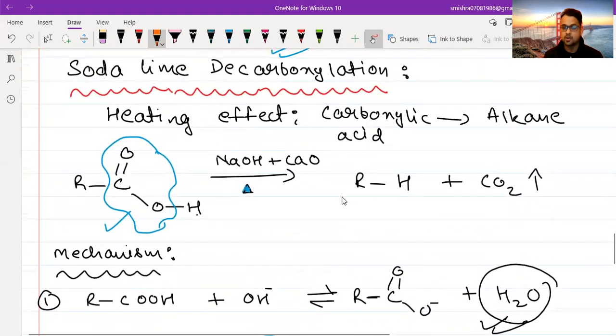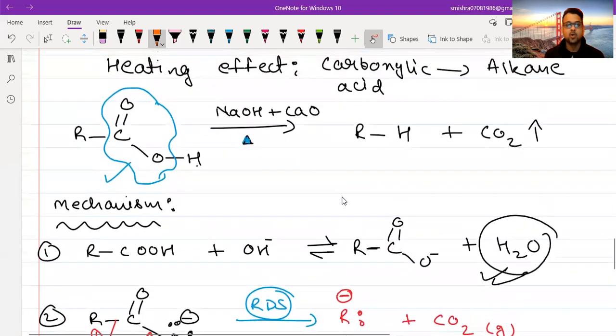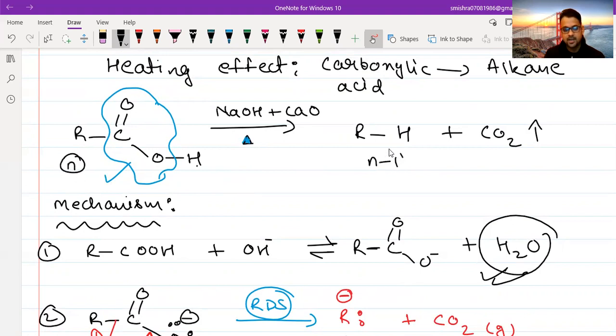Soda lime decarboxylation बोलते हैं, loss of CO2. Now, if we look at some of the characteristics of this reaction, I won't be writing them down, but I will be telling each one of them to you. ठीक है? तो सबसे पहली characteristic है, the first characteristic is that the number of carbons decreases by 1 in the product. So if this has n carbon atoms, this will have n minus 1 carbon atoms. Okay. This is also known as stepping down the series.